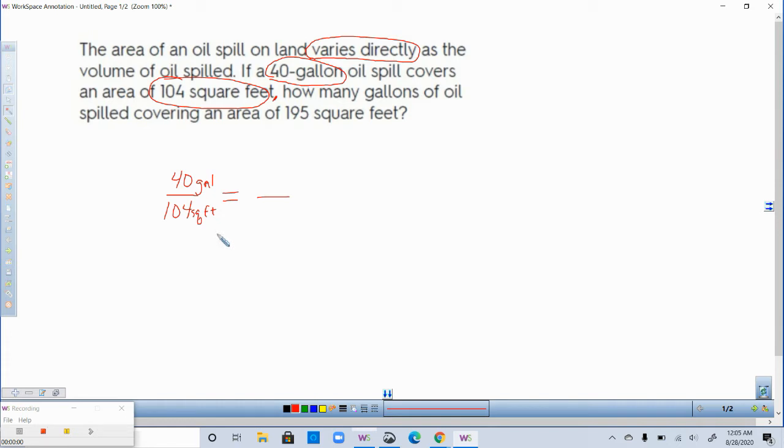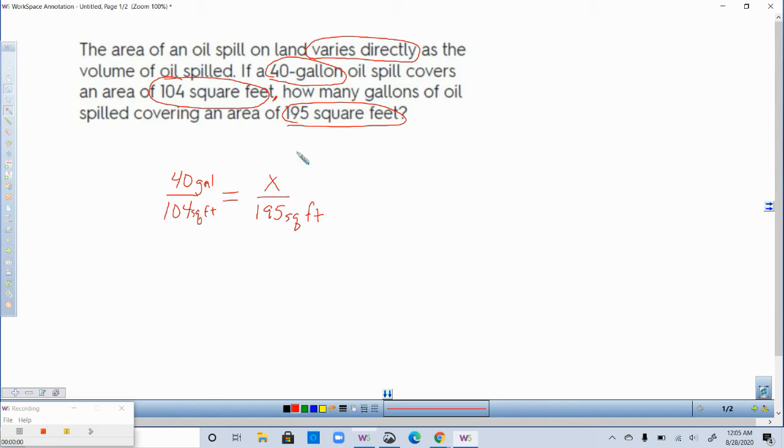So the only thing that does matter is that when we come over here, gallons has to stay on top, square feet has to go on the bottom. So when we go to the second part of this sentence, I see 195 square feet. And so square feet's on the bottom, so 195. And what I want you to see here